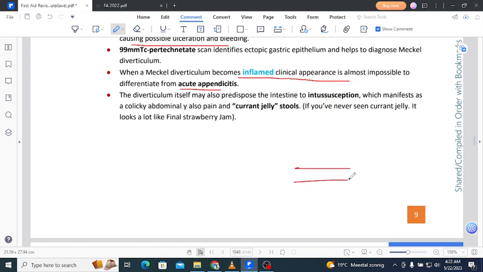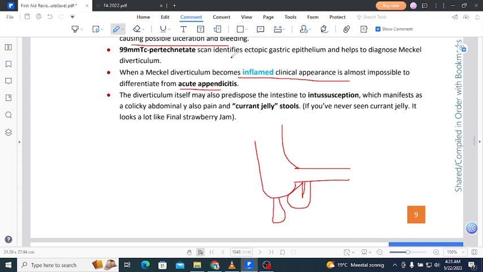This is the ileum, then we have the cecum which is like that, and this is the ileocecal junction, and here is the appendix. So if the Meckel diverticulum is present at the ileocecal junction and the appendix is also present over here, the appendix is alright, but this became inflamed. Now it is in very close proximity to the appendix, so when we do the ultrasound, it is almost impossible to differentiate the inflamed Meckel diverticulum from acute appendicitis, because the symptoms and everything are just similar